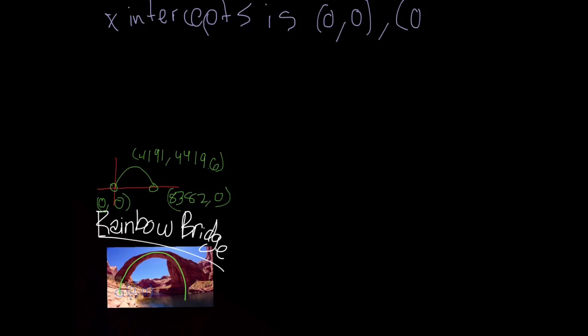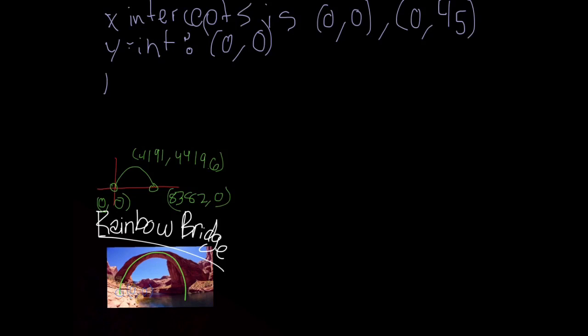So from this, our x intercepts are (0, 0) and (8382, 0). Our y intercepts are, there's only one, which is at (0, 0),